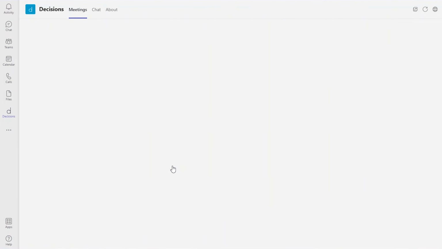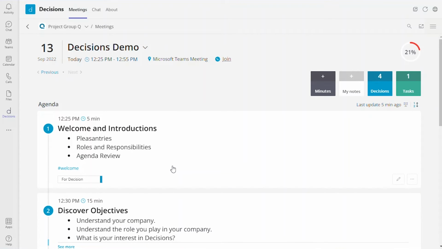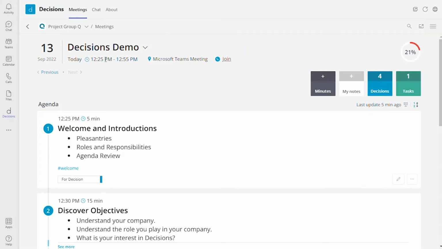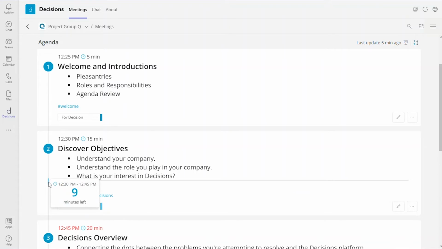So let's jump back into the agenda itself, and let's say that we are ready to run the meeting. We've put to bed the pre-meeting phase, and now we're ready to actually kick off the meeting itself. The time tracker automatically kicks off at the very beginning of the scheduled invitation for the meeting itself, which is why our time tracker is all the way down here currently.